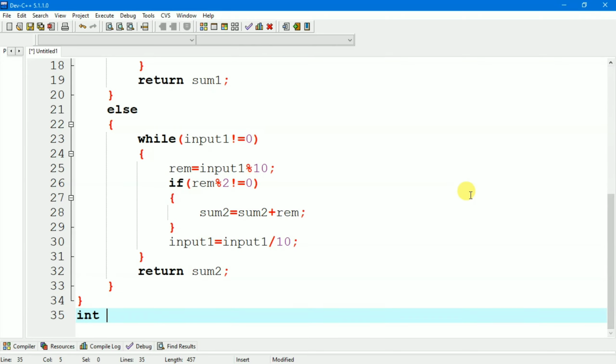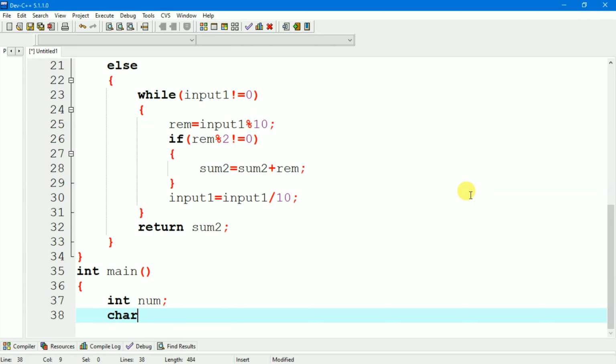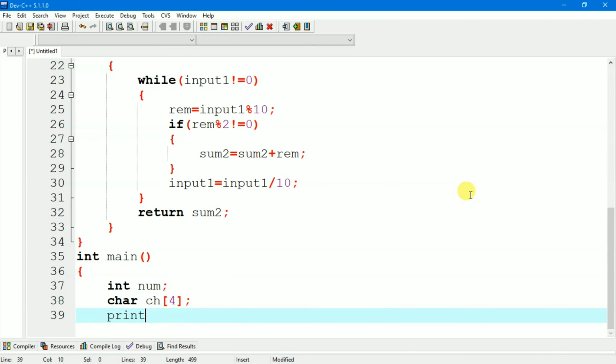After that we will write the main function. At first we will declare one variable, that is number, and another character, that is char ch of length 4. After that we will take the number from user, enter the number.